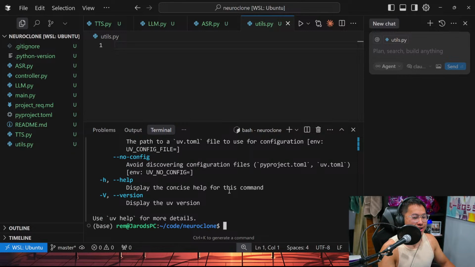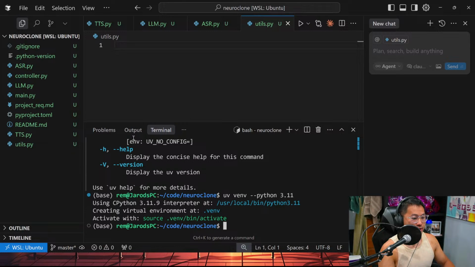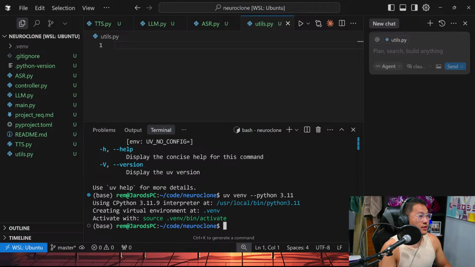I forgot how to create a venv with a specific Python. uv venv Python version. Okay, we need uv venv --python 3.11. Okay, cool. So got that in there.